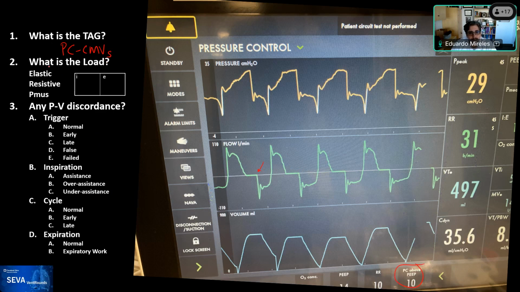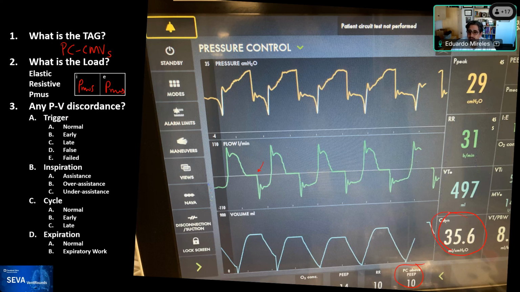So what is the elastic load? What is the load on this patient? Yes, Ariel, good point. It's PMUS for everybody, right? And you can't, under these circumstances, at least from the waveforms, deduce what the compliance is, or the resistive load. And I will just put an important